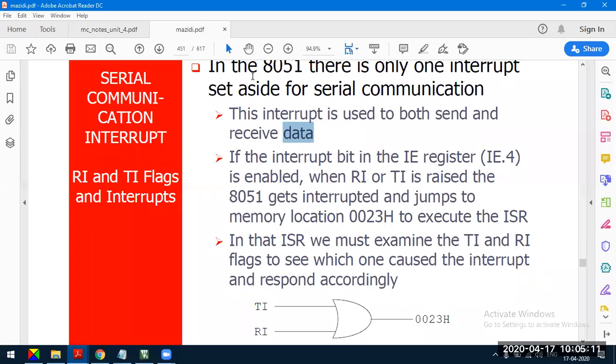So these two interrupts are combined and a single interrupt source is allocated for serial communication. That is, when the serial interrupt bit in IE is enabled, the RI flag or TI flag raised by the microcontroller UART device causes an interrupt to the 8051 microcontroller and makes the microcontroller jump to the location 0023H.